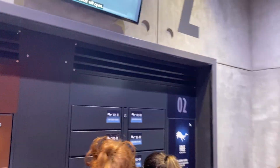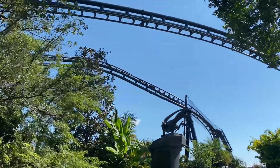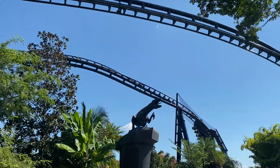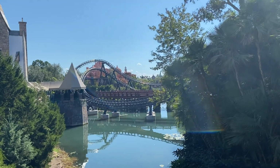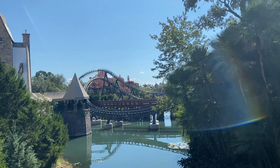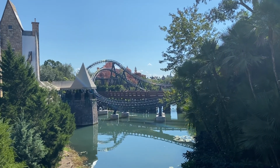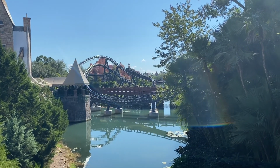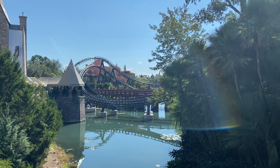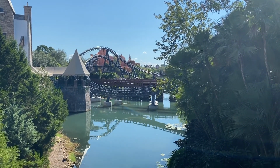One thing I also forgot to mention, locker system. Locker system on this ride is beautiful. You can have your phone in the line for basically the whole line, and then once you're in the final area of the line, which is the pre-show, you put your phone in a locker. It's free with your park ticket. You ride the ride, and the lockers are double-sided. So you get out, and you go up to whatever station you're at, and the stations are color-coded, they have numbers on them, and